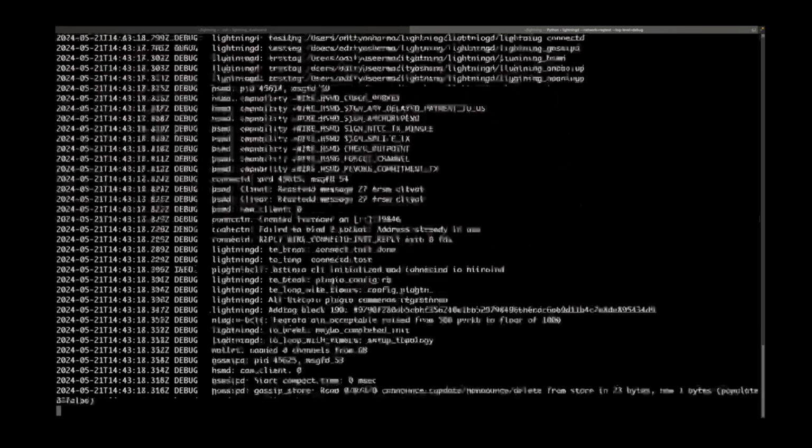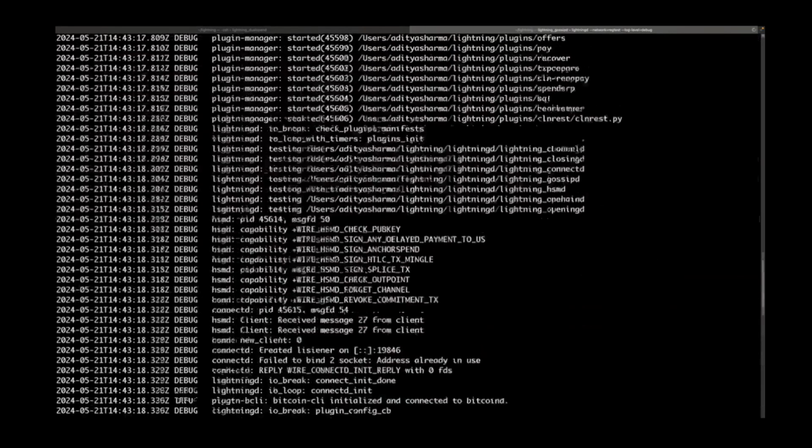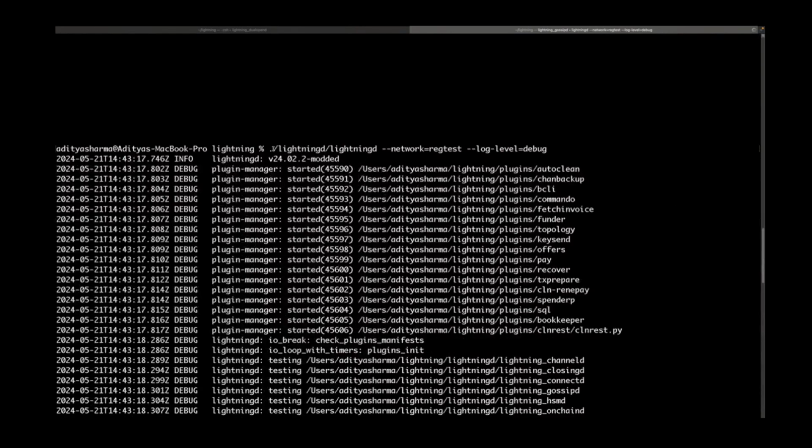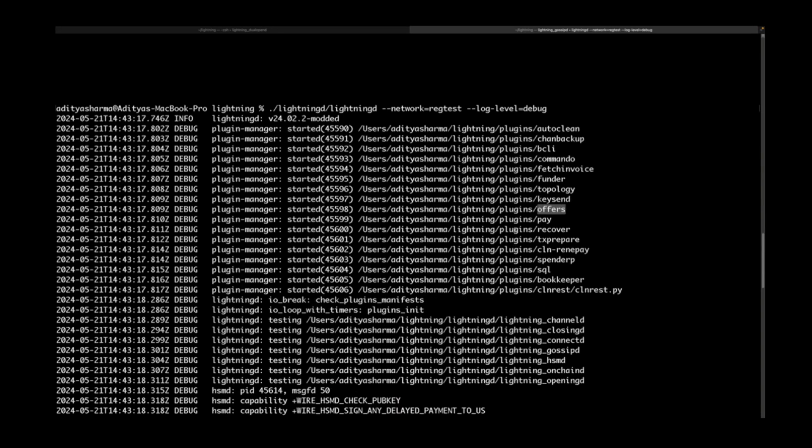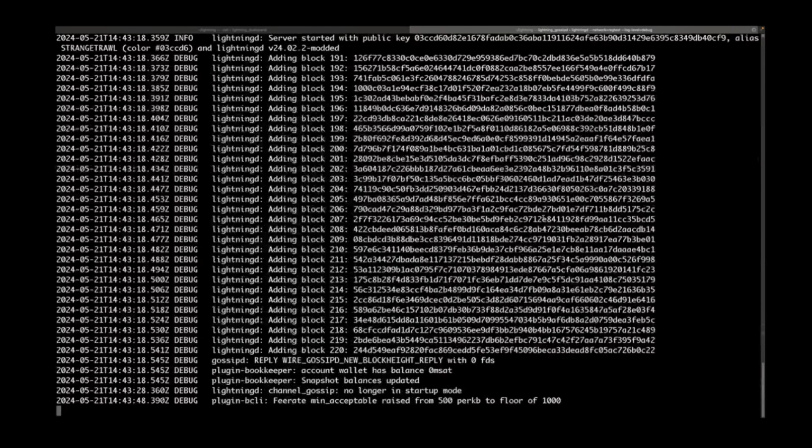So I'm starting the Lightning D. As you can see, the first thing that happens when you run Lightning D is there's something called the plugin manager, which starts these multiple files. This plugin manager is responsible for starting all the compulsory plugins that are required to run the node. So in your case, Setu, the offers plugin is not compiling, and that is why the node is failing. There might be some issue with the compiler. So what you can do is